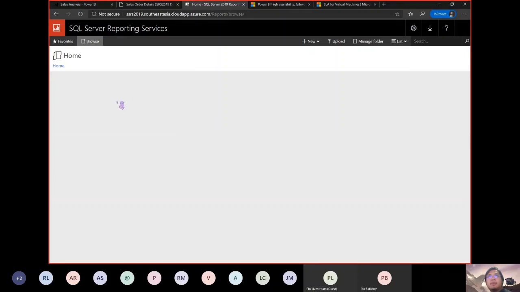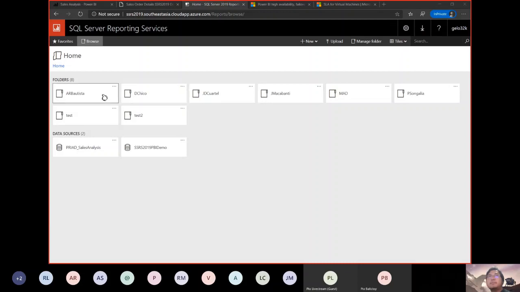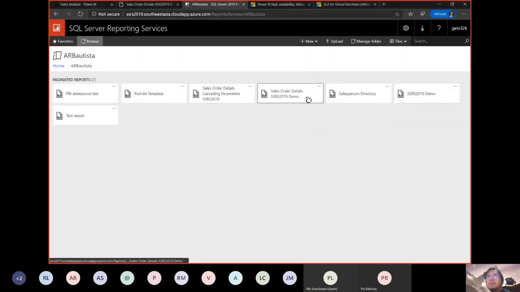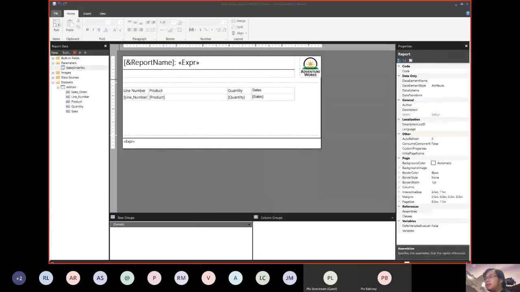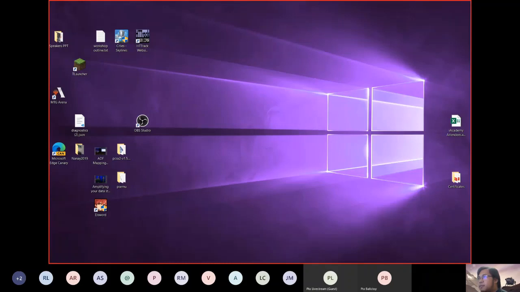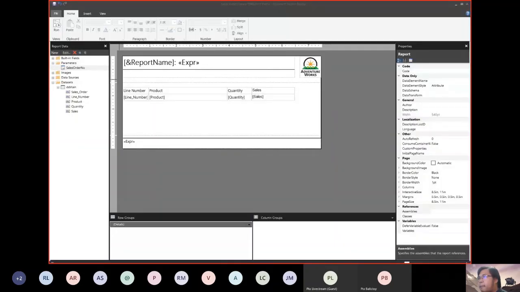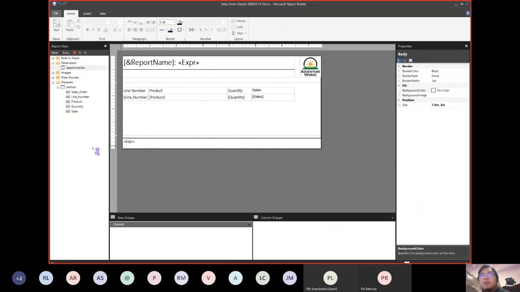Earlier this was working, now it's not. Okay, let me restart the VM again. It's acting up. Maybe I executed too many queries. I don't know. Anyway, so the point is that